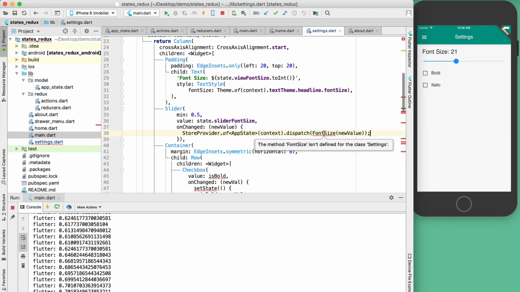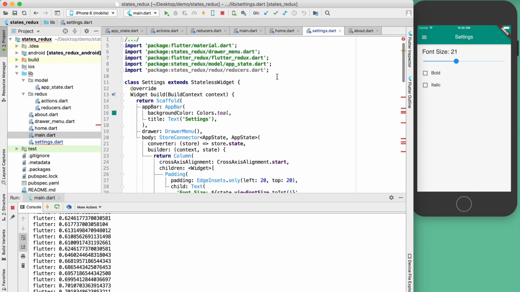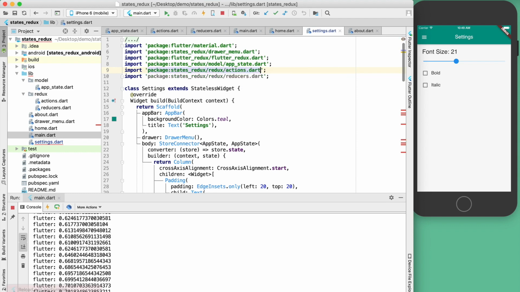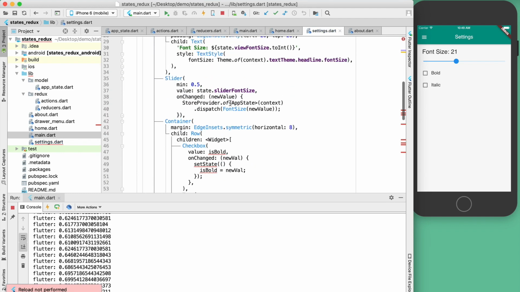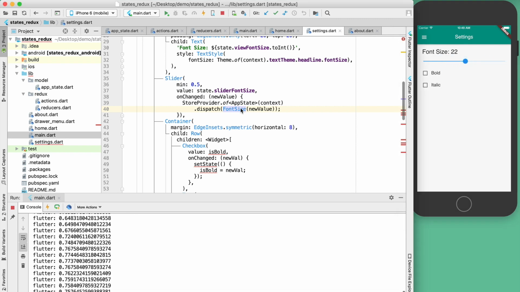So this FontSize is showing that it is not defined, so you need to import it here. We need to import the actions as well. Now it should work. Okay, so when we change the font size by this slider, we are basically using